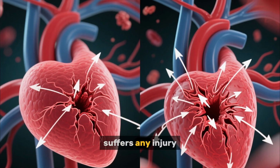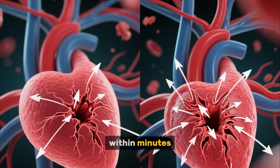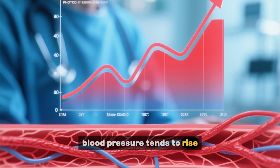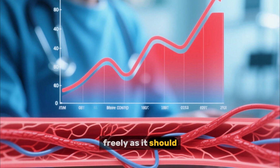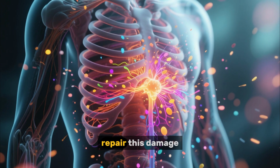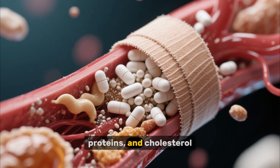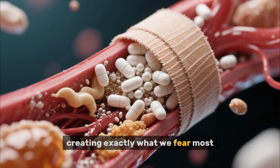When this layer suffers any injury, the entire cardiovascular physiology changes within minutes. The vessel wall loses its natural flexibility, blood pressure tends to rise, clotting becomes easier, and blood flow stops moving as freely as it should. But what really triggers the alarm is the process the body initiates to try to repair this damage. It begins to deposit calcium, proteins, and cholesterol as a kind of biological bandage, creating exactly what we fear most: